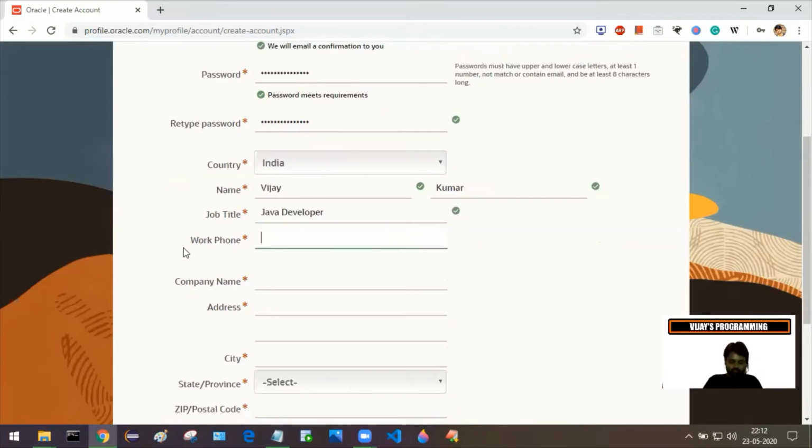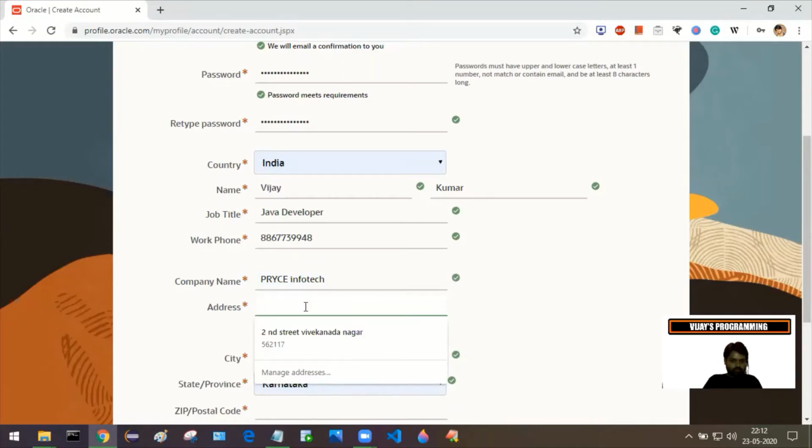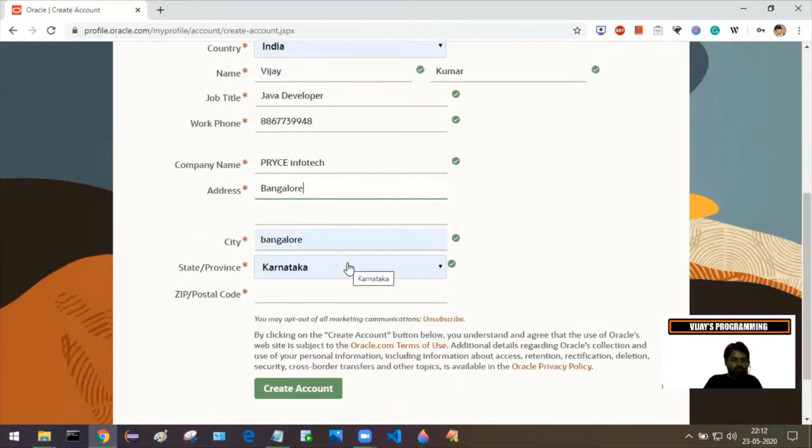So you can fill in your phone number here. Then the company name. And zip code.